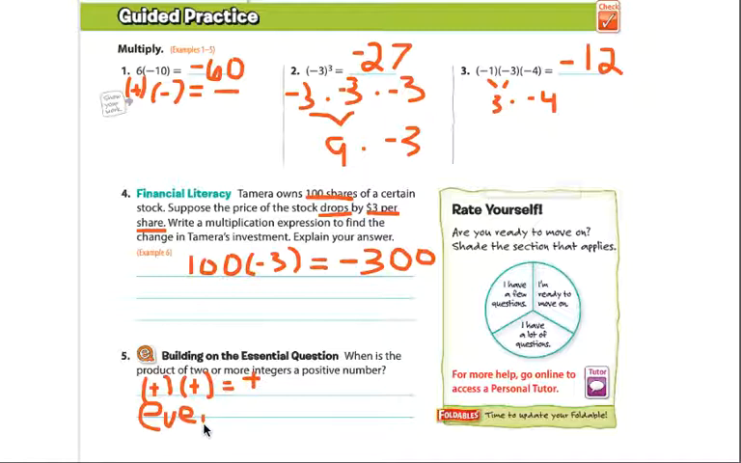number of negatives being multiplied for it to be positive. So that's 2, 4, 6, 8, 10, 12, 14, 16, and so on and so forth. An even number of negatives being multiplied